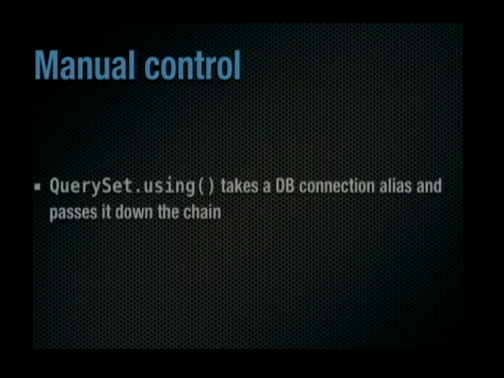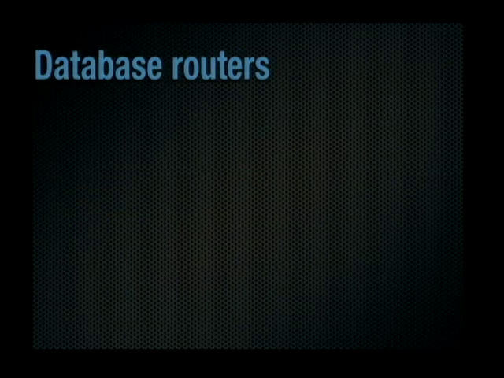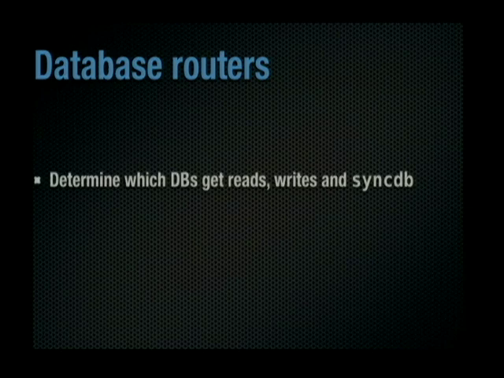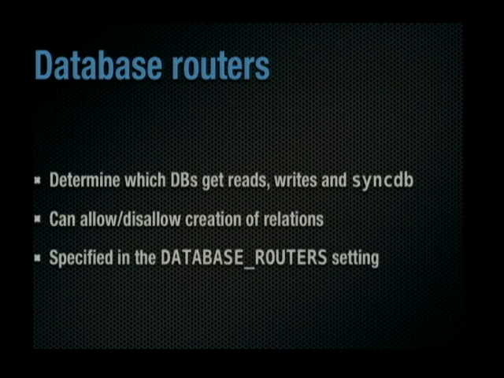You can get manual control, you can write master-slave replication, you can do partitioning and sharding. You can say, any user with ID less than 10,000 goes in that database. Users with ID over 10,000 go in that database. The documentation is pretty good on how to write a router, and we'll get into a little bit more detail on that. But first, let's talk a little bit about how to use them,